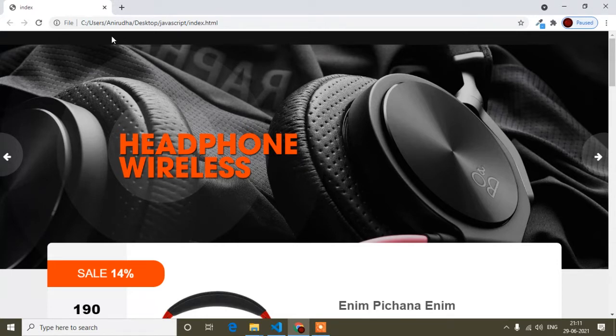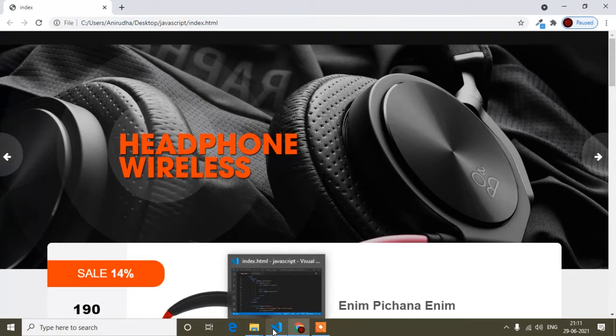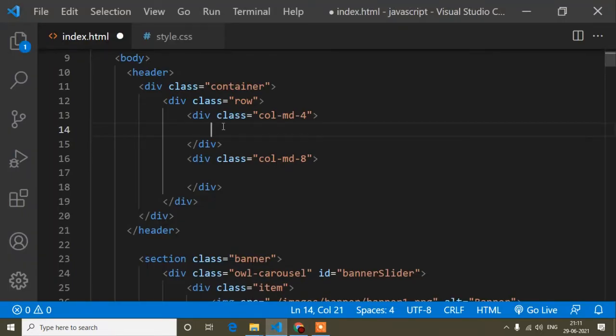So here you can see the black color element is created, and now I will add the design for this one, the language and our currency dropdown, I mean price code, you can say price code also, like this.